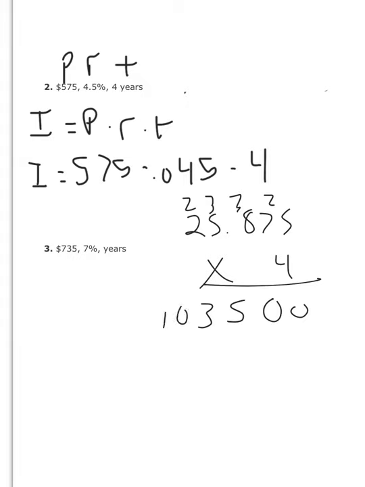So now we have 103,500, but we have 3 decimal spots right here we have to move. So let's move that 1, 2, 3, and that gives us an answer of